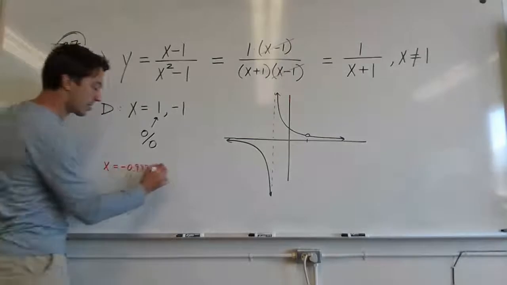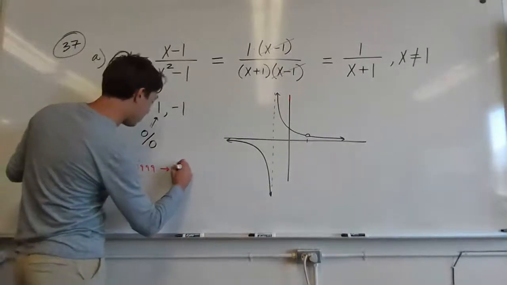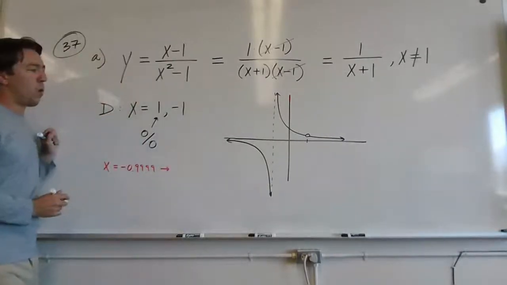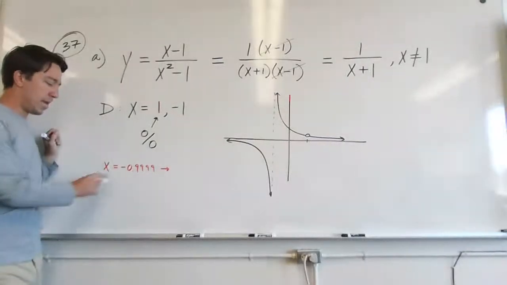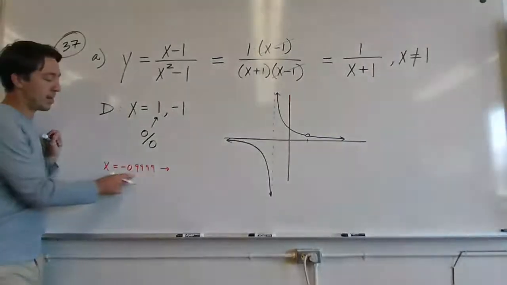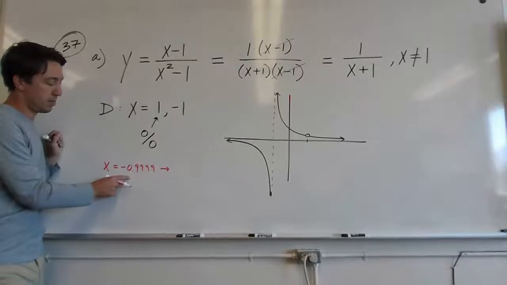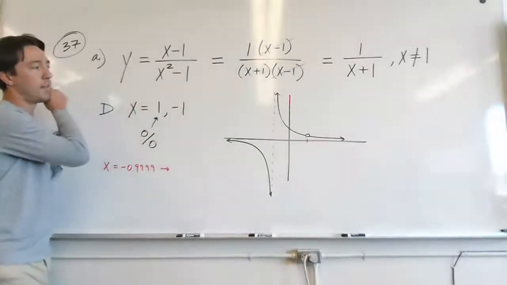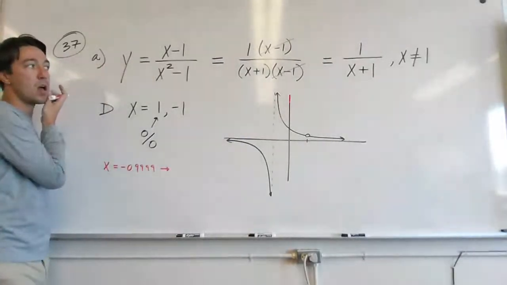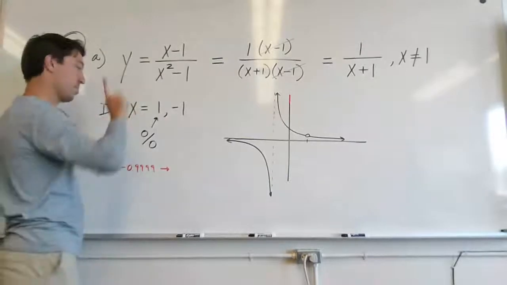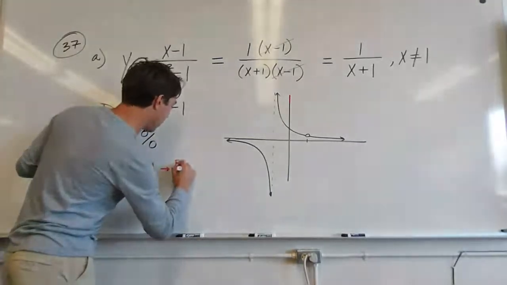Let's just do 4 nines. What kind of y value? If you plugged in negative 0.99999, what kind of y value would this produce? It would be very close to